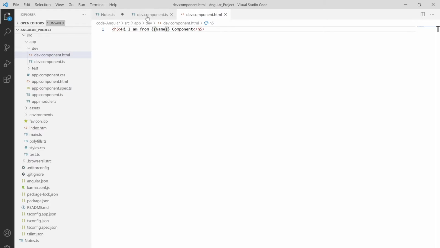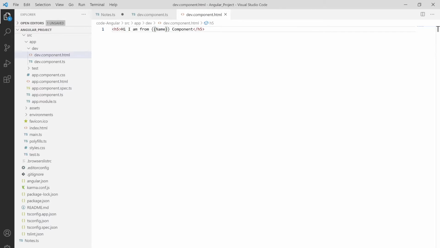If you are binding a TypeScript property to HTML, it's called output binding. And if a user hits a button and I want a particular thing to happen, in that case we are binding HTML to TS. This is termed as react to an event.